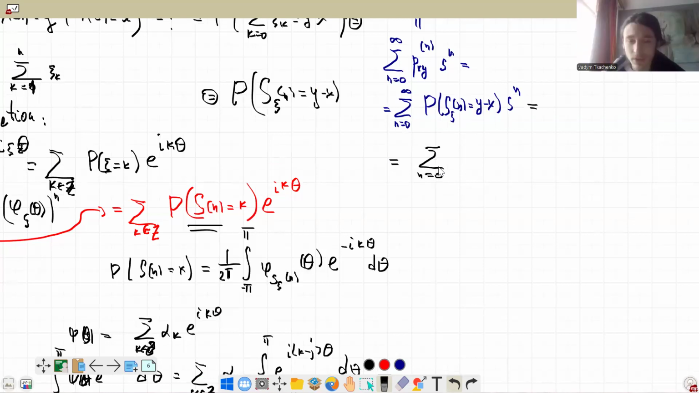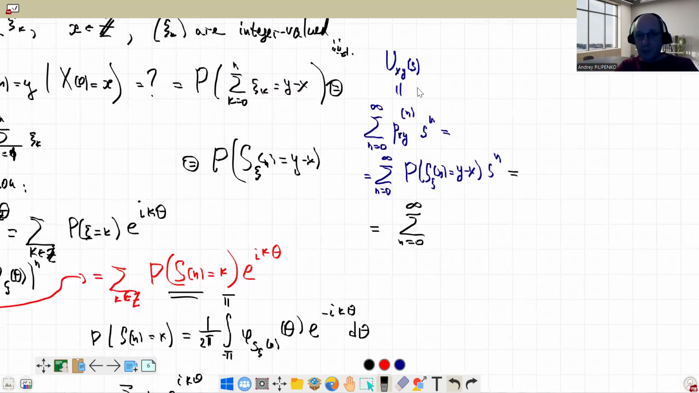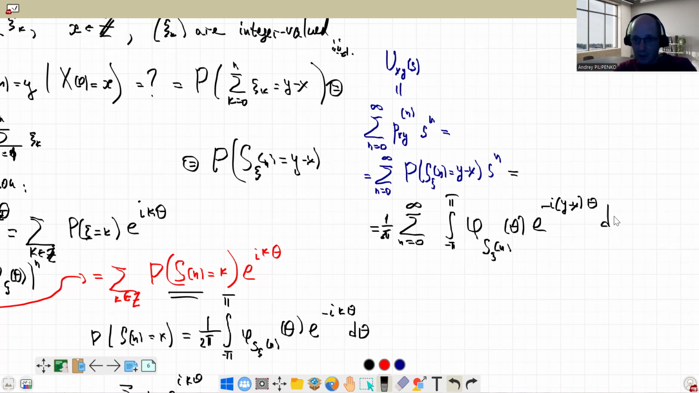Can you please recall the derivation of this blue part? So what do we start from? Okay, we start from u x y of s. This is the generating function, sum of p x y n s to the power n. Then I recall that this probability is 1 over 2 pi, the integral from negative pi to pi, of the characteristic function, e to the power minus i (y minus x) theta